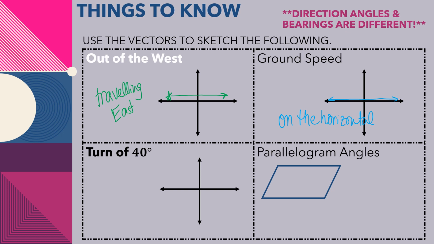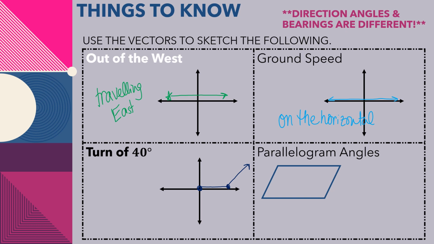And let's see, a turn of 40 degrees. Okay, so remember our turn angles. I think it's a little easier if we just kind of follow. So if I'm starting at the origin and I'm traveling to the right, I'm going east. Okay, if I turn 40 degrees, it doesn't matter which way I turn. If I turn and go this direction, from that second point where I am, if I turn and go up and to the right, so if I turn northeast, then my turn angle